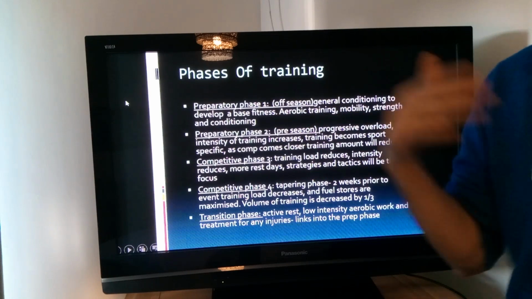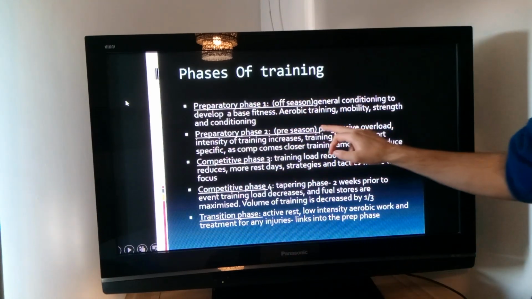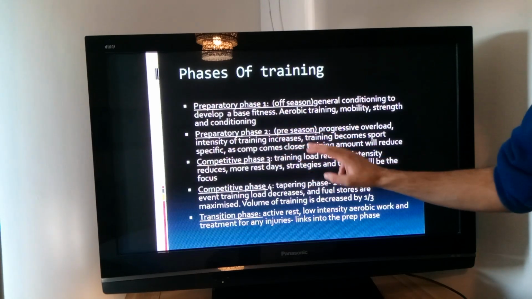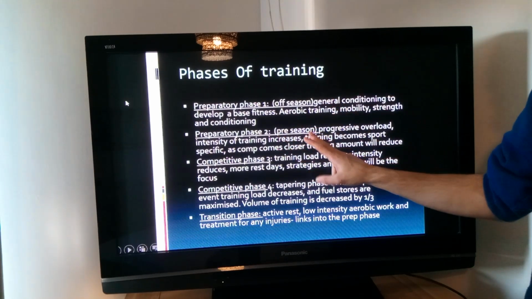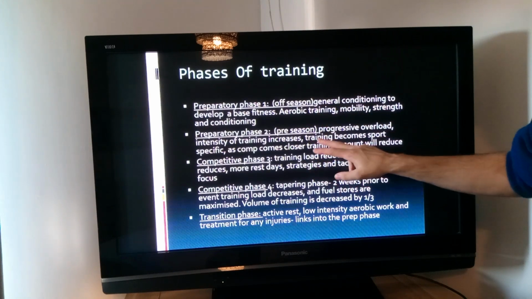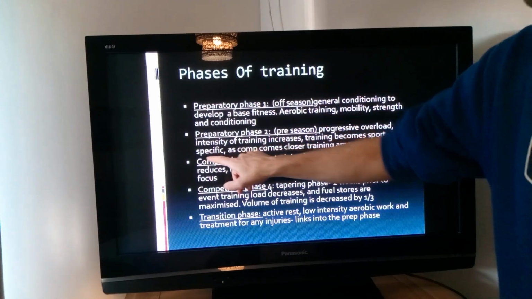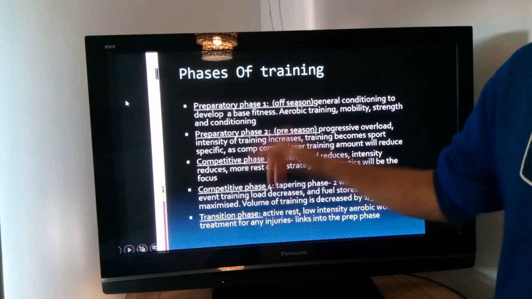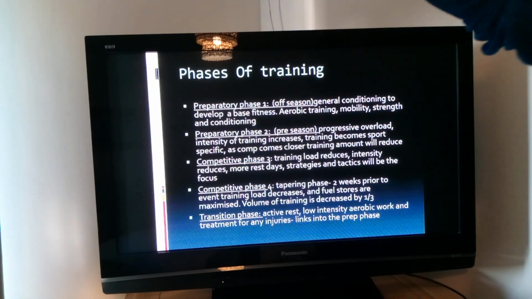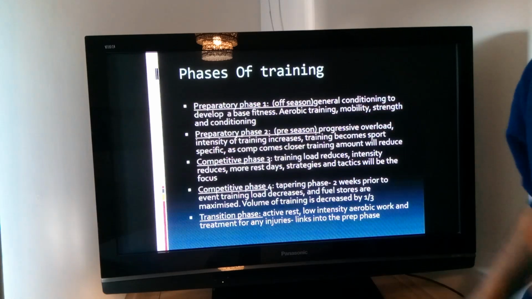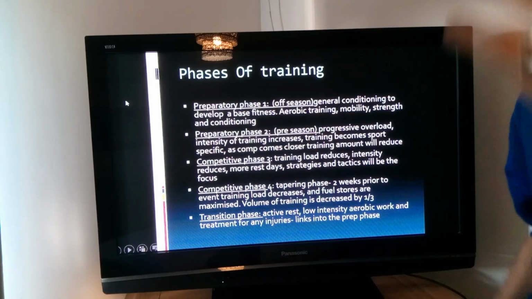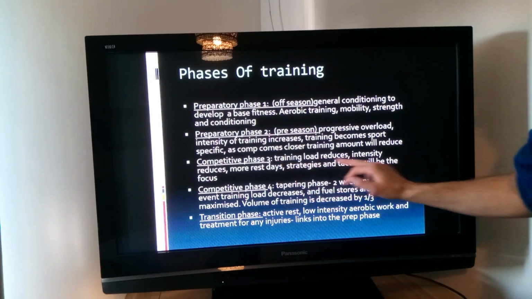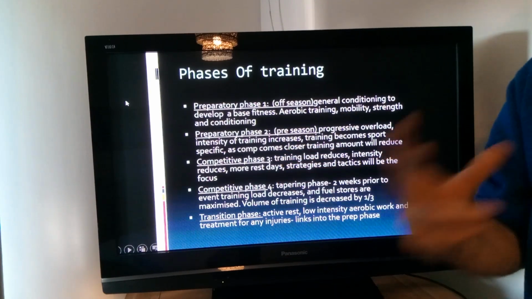Pre-season is when you come back into your sport and you start to increase the intensity of the training. Now, it's normally pre-season is fitness based. Okay, so you're building and building and building. Then it becomes sport specific. So you start with fitness based, then becomes sport specific. Then we end up in our competitive phase, and that's your season, that's your league season. So football, August through to May, hockey, similar season, rugby, similar season. Okay, so you should be reducing your training. Why?